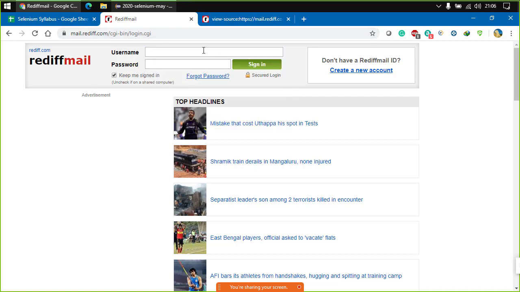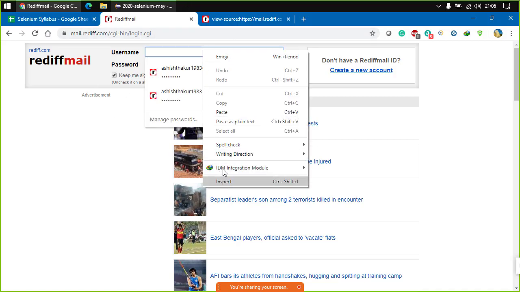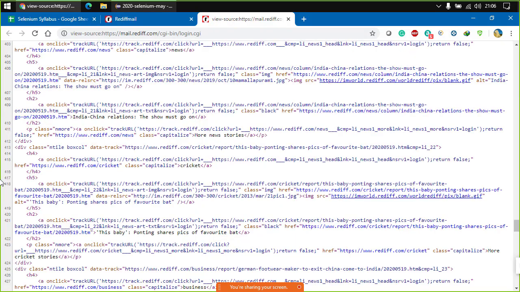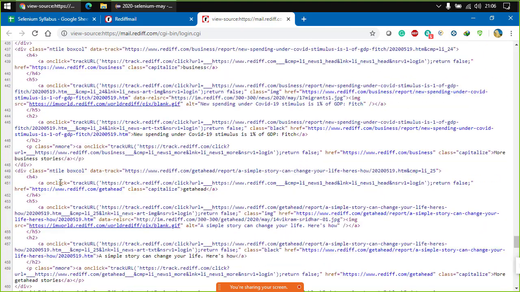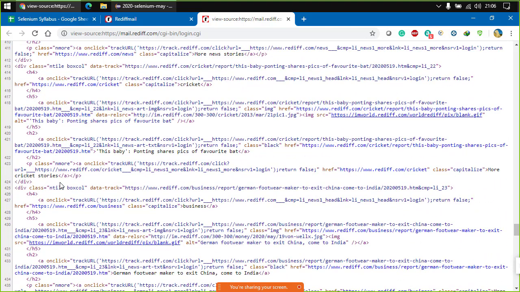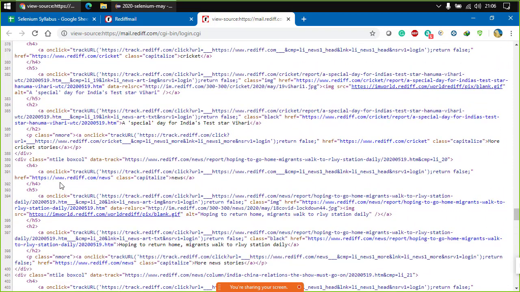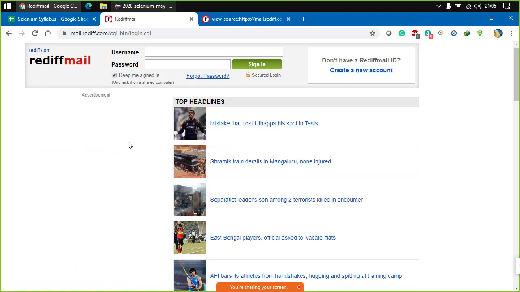Over here, either we can see the view source and we can see the source here, but this is not interactive. This is the actual source code, but again we won't be able to understand what thing is where. Now what we can do is, we can take help of something, that is developer tools.